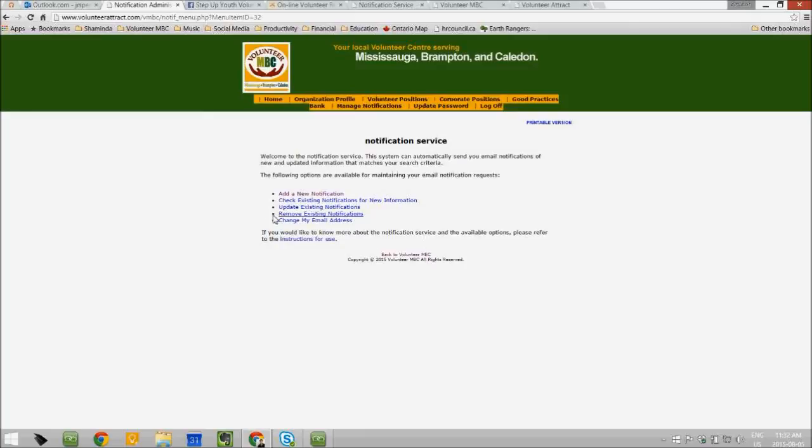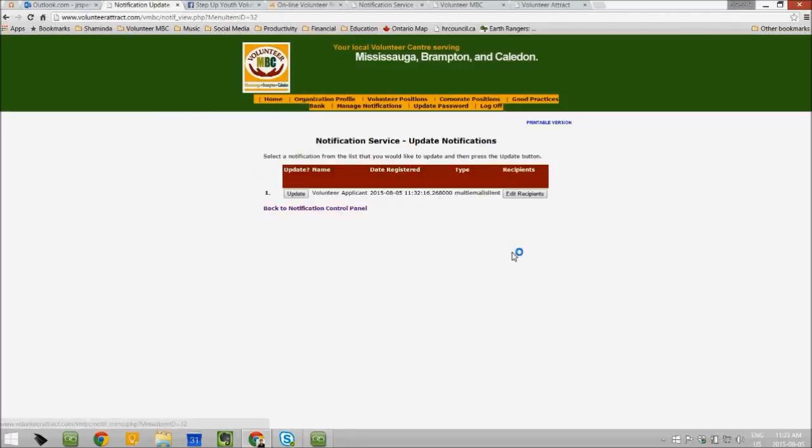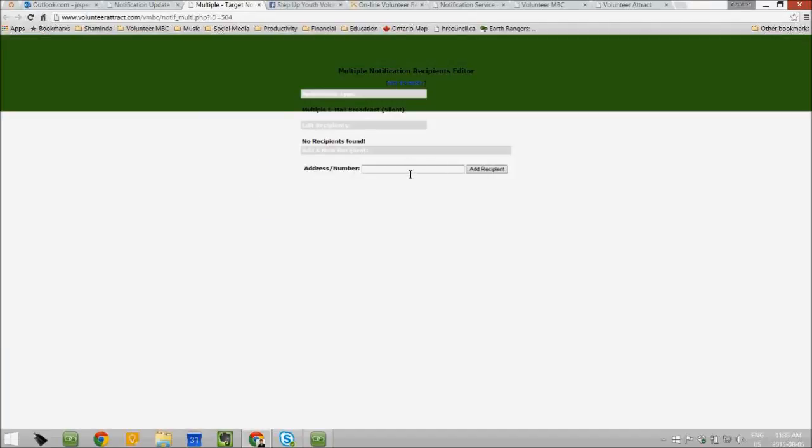Now, moving beyond adding a new notification, you may want to change or update an existing notification. So let's update an existing notification. You could edit the recipients. Click on edit recipients.